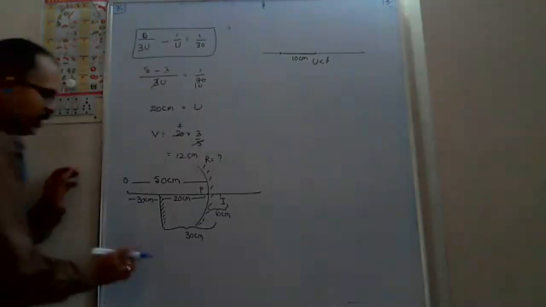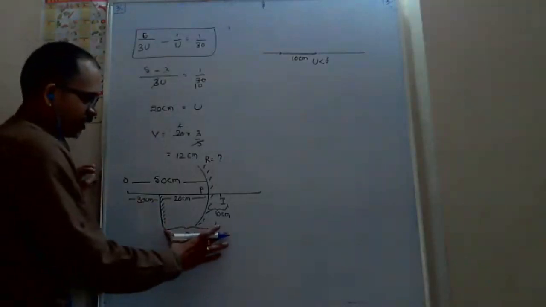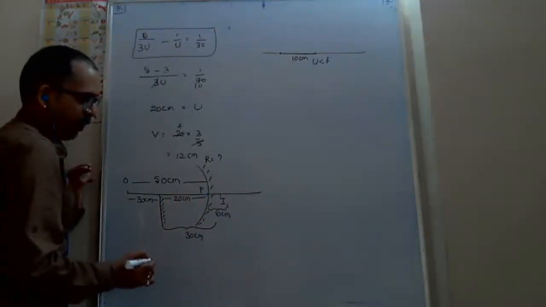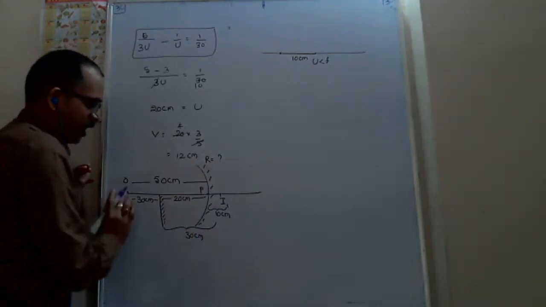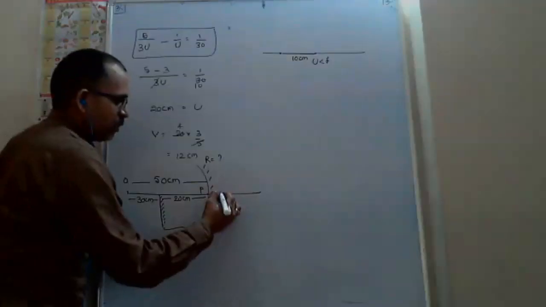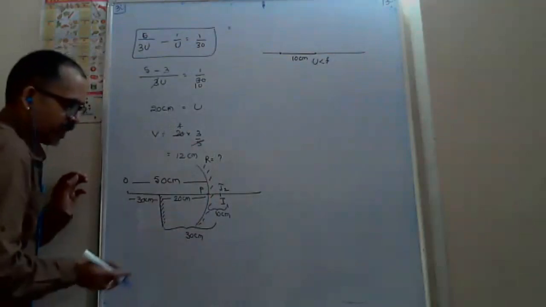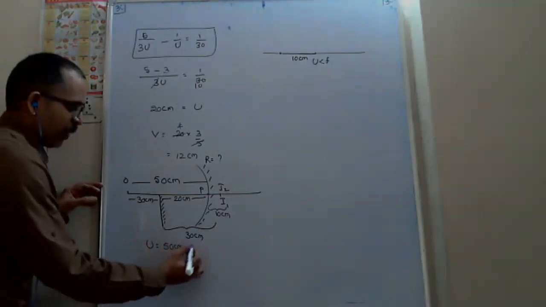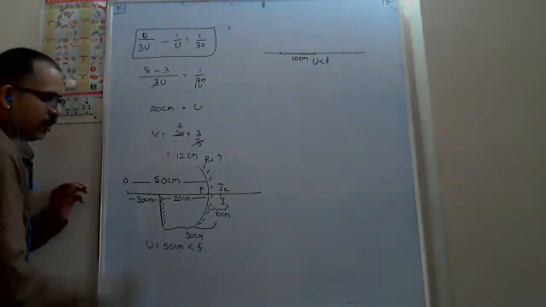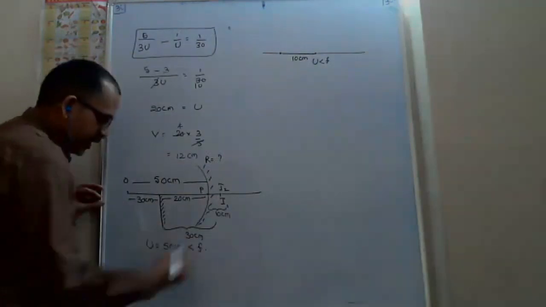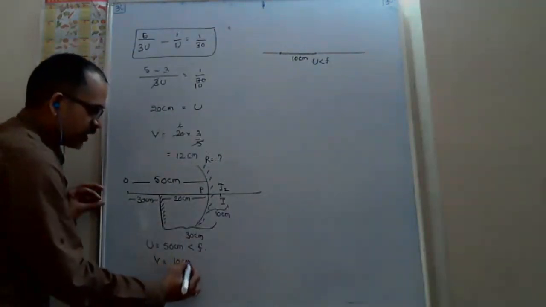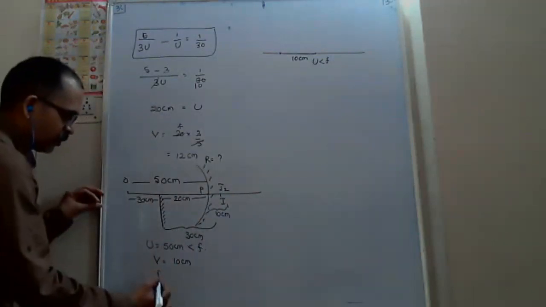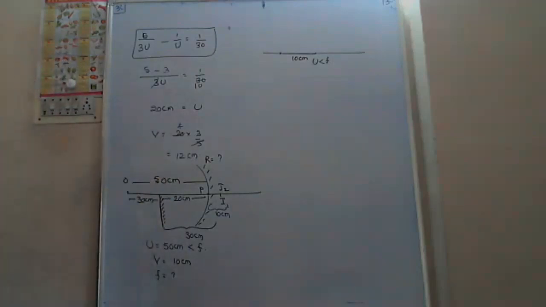Indirectly, he is saying that it forms one virtual image at a distance of 30, means at a distance of 10 from the concave mirror, pole of concave mirror. And the concave mirror is also forming one image behind the mirror, means virtual image. Virtual image means u is given as 50 centimeter, definitely less than f. Yes, sir. That's why the image is virtual at a distance of v equals 10 centimeters from the mirror. Then what will be the radius of curvature? Means what will be the focal length first, then radius of curvature.